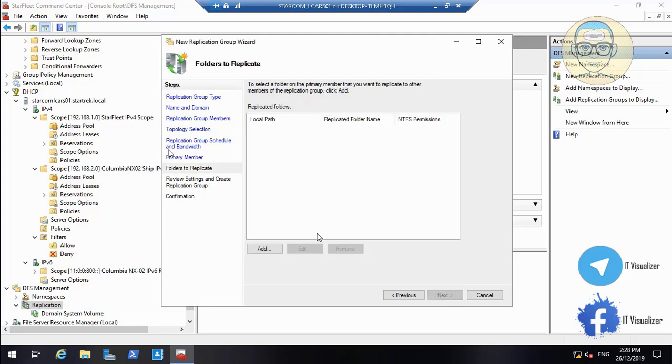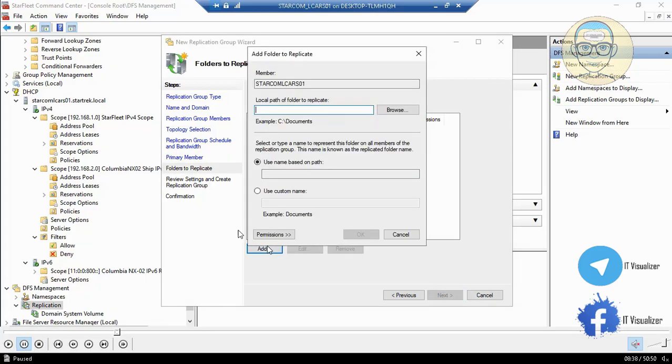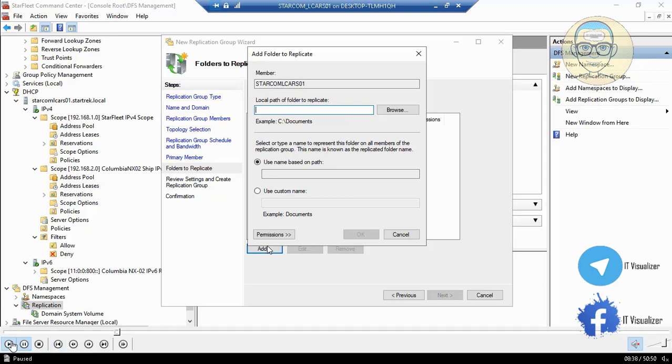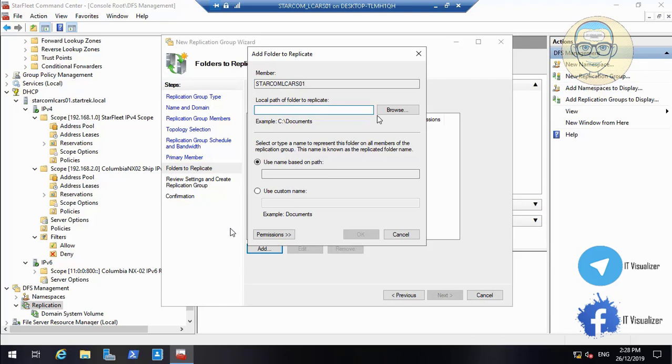So here this is the step of telling him where the folders are. You need to define the folders that will be replicated on your first file server. This will be our data cube folder, but here I am mistaken. I told him DFS, so do not use the DFS folder. You'll use the data cube folder. Okay, so this is not correct. I will tell him we will use